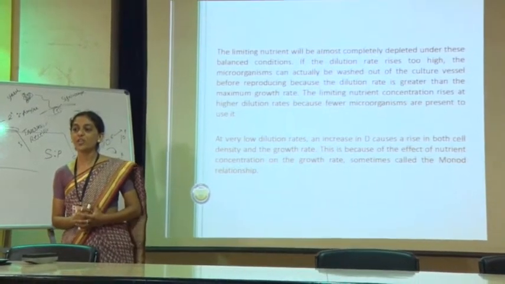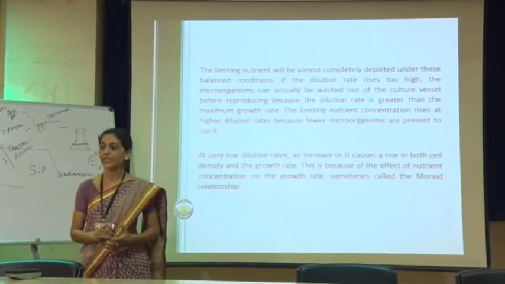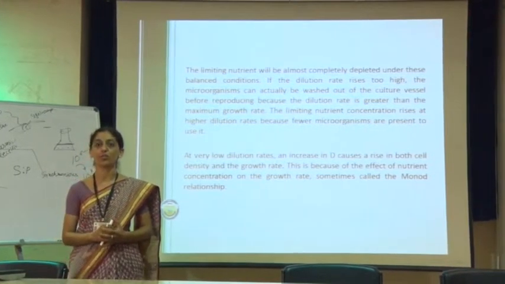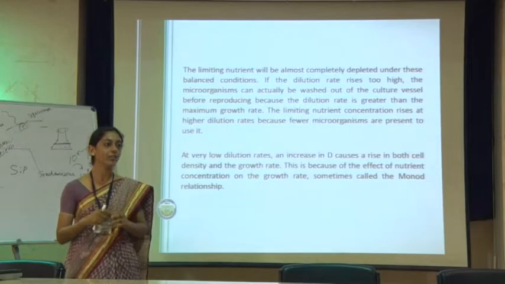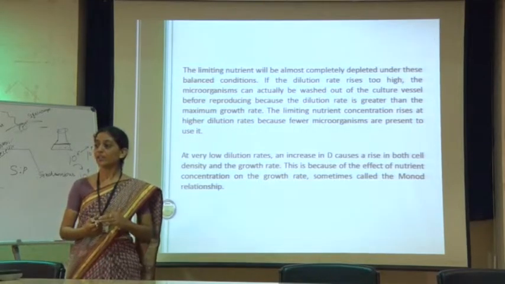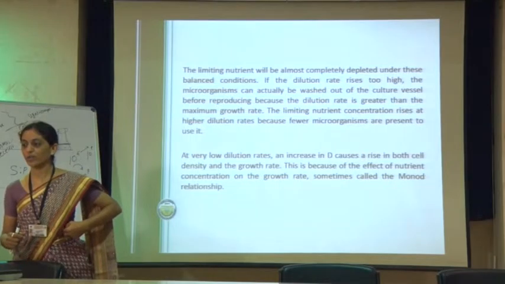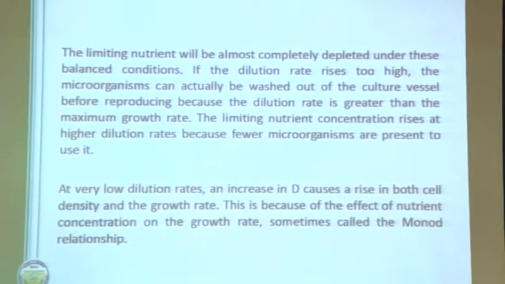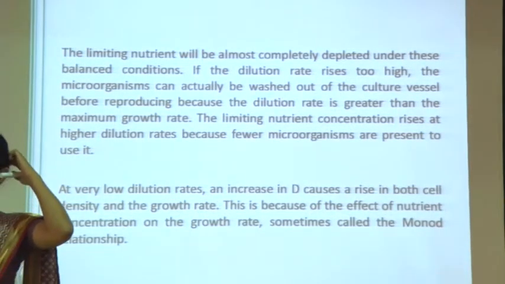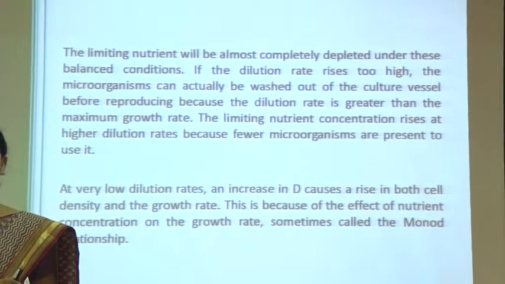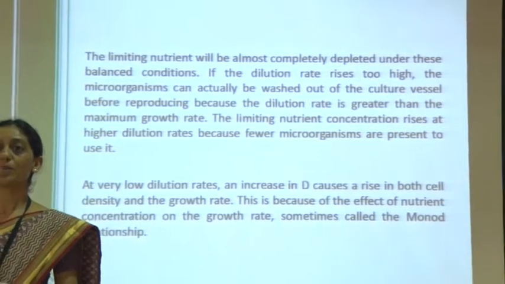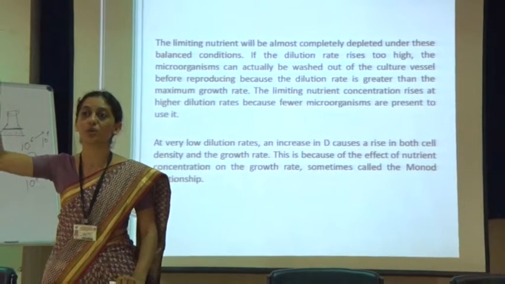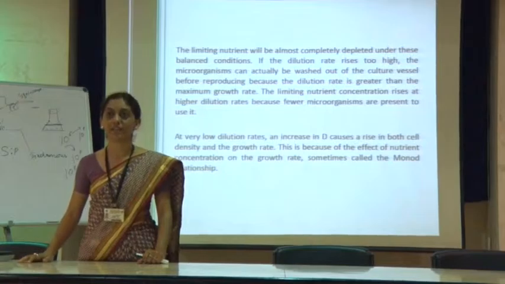So limiting the nutrient will be almost completely depleted under this balance condition. What you need to do is you need to maintain the nutritional conditions, right? If the dilution rate is too high, the microorganism will wash out the culture vessel before producing the sufficient nutrient. सपोज अगर पहले से ही आप कंटिन्यूस कल्चर के अंदर न्यूट्रिशनल डालते रहते हो और उसके कारण जो डाइल्यूशन हो रहा है, ठीक है, अगर आपको जितने कॉन्सेंट्रेशन में सेम फेज से जो न्यूट्रिएंट चाहिए, राइट, that you won't get it because it's already